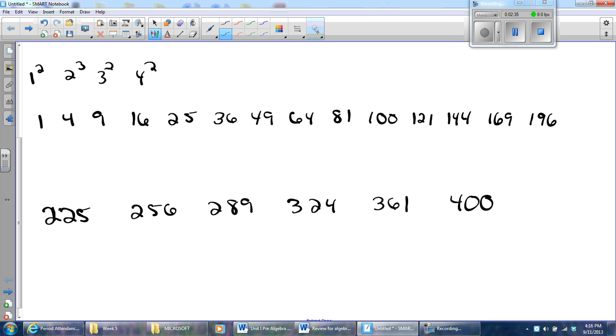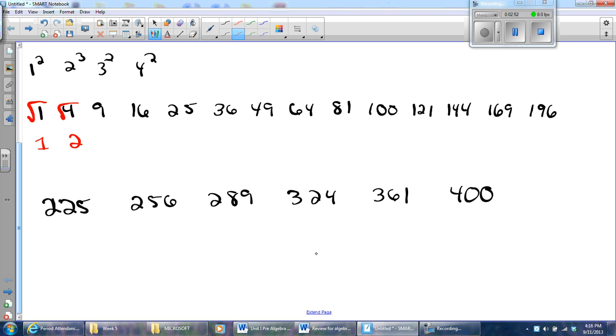Okay. Now, what I need to remember is that when I take the square root of any of these, that's going to equal 1, right? Square root of that one is 2, and it's actually plus or minus 1, plus or minus 2, right? But I'm going to use this idea to help me estimate a square root. So let's say I'm asked to estimate the square root of, well, I don't know, 40. Well, I look up here and I see which two perfect squares 40 falls between. Well, it falls between 36 and 49. So what I'm going to do is list out